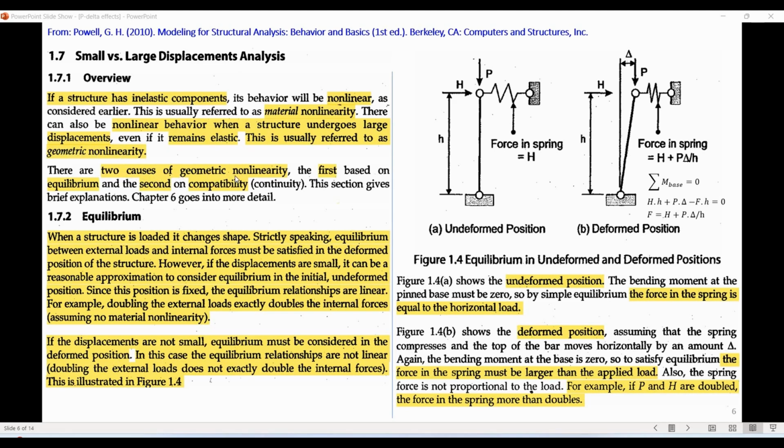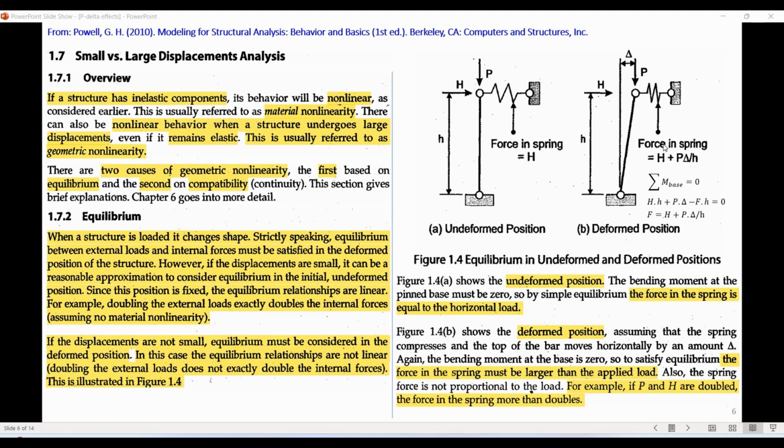And there are two causes of the geometric nonlinearity. The first is based on equilibrium and the second on compatibility. Starting with the first cause, which is equilibrium, by checking this figure here: if the equilibrium equations are applied based on the undeformed position, the force in the spring is equal to H, while if we apply the equilibrium equation based on the deformed position, the force in the spring is now equal to H plus P delta